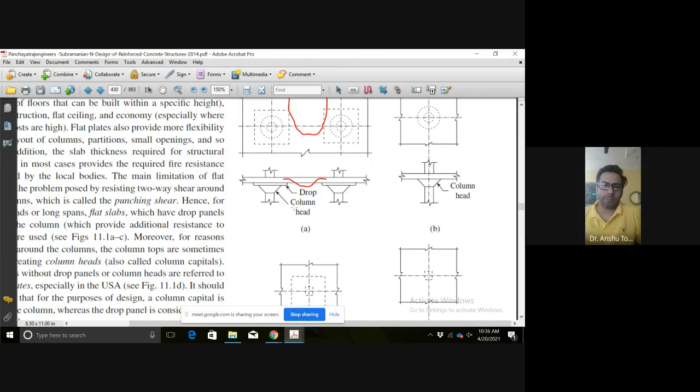The reason is that it is the flexural stiffness, that is, the flexural rigidity. What is the formula for flexural rigidity? EI. So you can see the flexural rigidity in this case is very less because it is a slab of lesser thickness. It is not a beam of 400 or 500 mm. So that is why shear has to come into the picture. इसीलिए हम ये ड्रॉप देते हैं, कॉलम हेड और कॉलम कैपिटल देते हैं, so that the load transfer mechanism becomes easier. That is one reason.